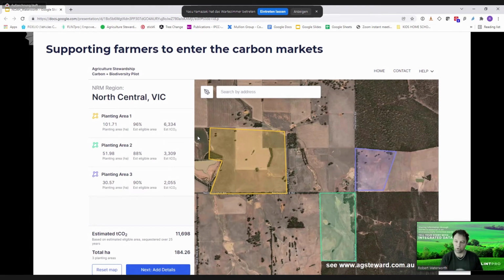They can simply draw a polygon on a piece of land, and flintpro goes back and analyzes that piece of land. It tells you how much of that is eligible to be planted and gives you the emissions removals estimates for the future so that you'll be able to say at this age, here's how much carbon credits I will have, and you can then enter the market. So again, this is taking a process that once took farmers or consultants a couple of days to finish and dragging it down to approximately 10 to 20 seconds to complete.